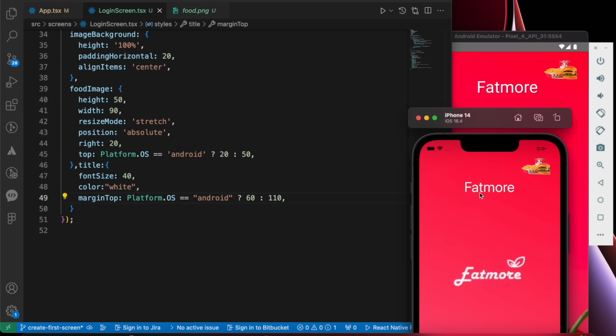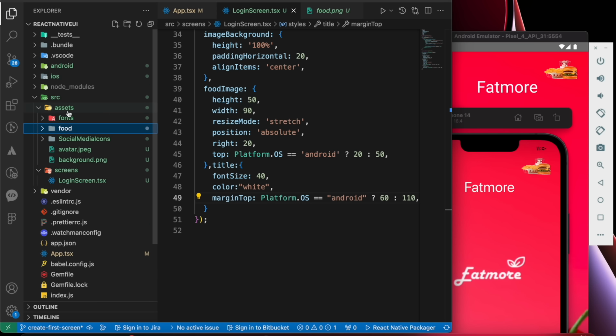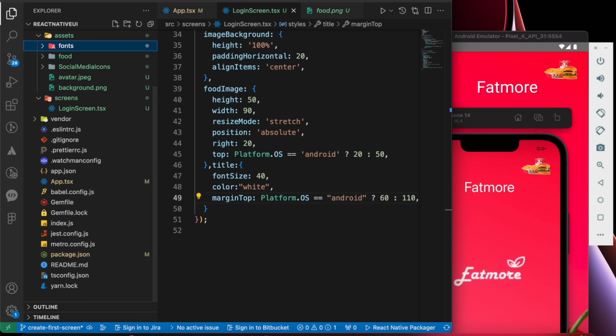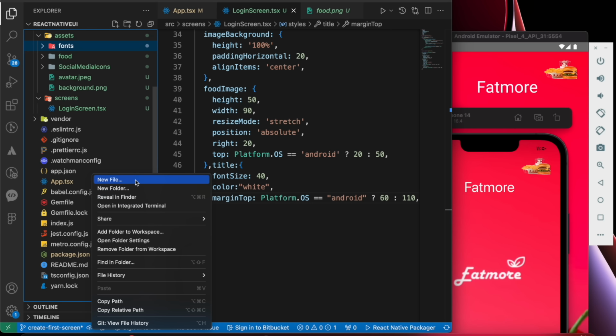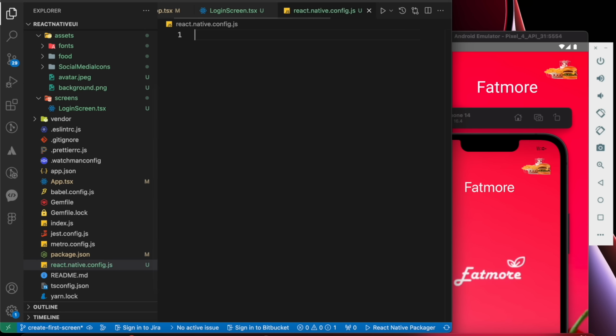Now we want to add custom fonts. I've described before how to add custom fonts to React Native, and I'm gonna implement it right now. We have here inside our assets, there is a folder called fonts. We want to implement those fonts. We need just to add a file called react-native.config.js, and inside that file you need to export module.exports, project